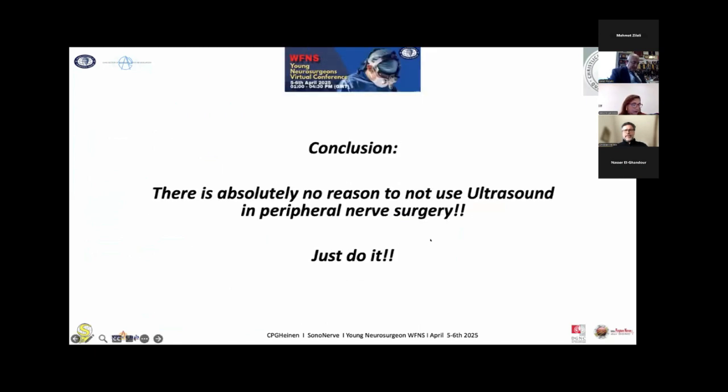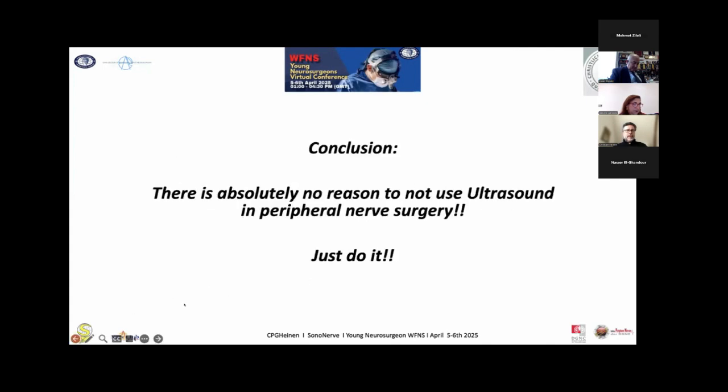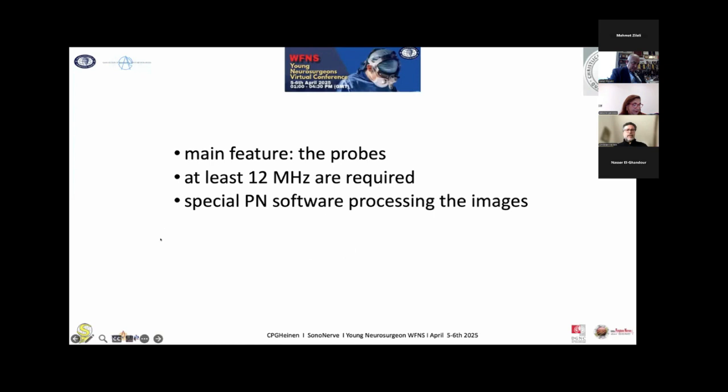No conflict of interest, and I will start with the conclusion because there's absolutely no reason to not use ultrasound in peripheral nerve lesions. It's low cost, and in most hospitals you will have at least a 10 megahertz probe, and that's perfect for doing ultrasound in nerves. I will show you some images, and later on you will realize that you already have become ultrasound experts in